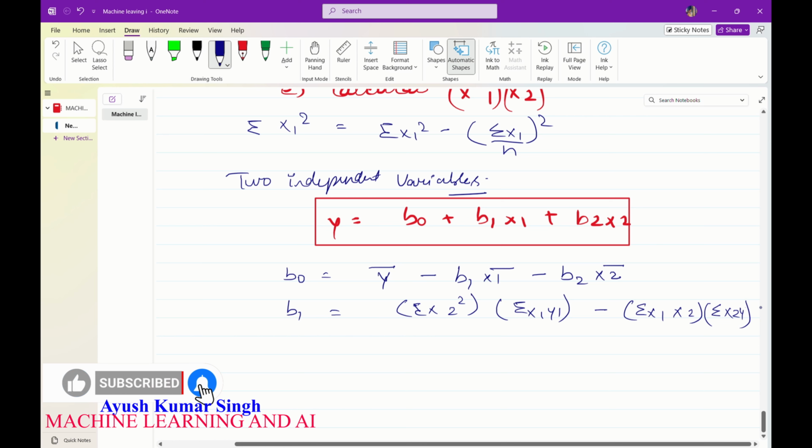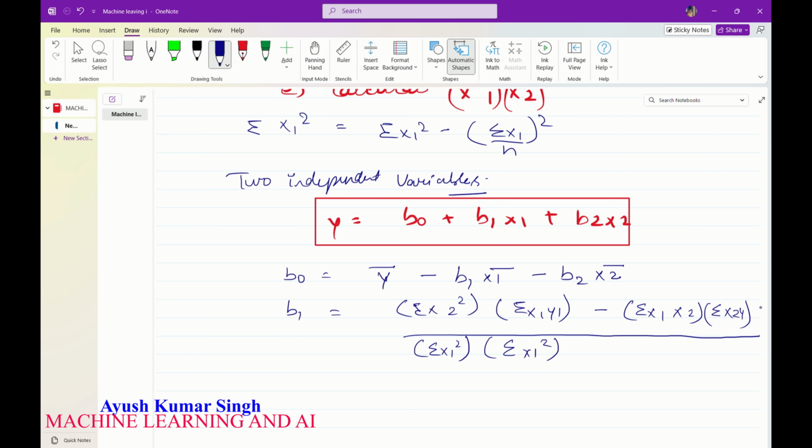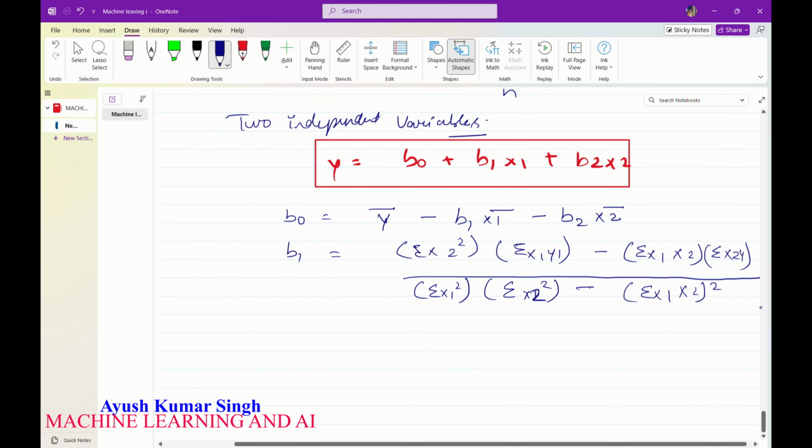Okay, upon sum of x1 square, sum of x2 square minus sum of x1x2 whole square. It will be sum of x1 whole square, sum of x2 whole square minus sum of x1x2 whole square. Okay, going further, to find b2, the formula would be